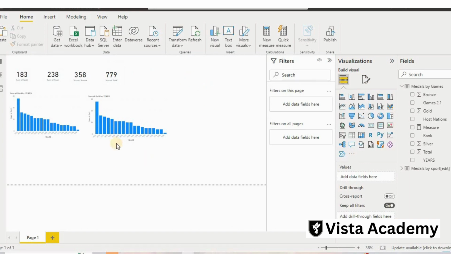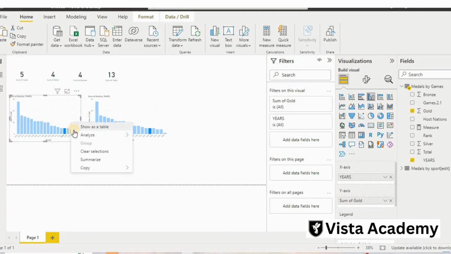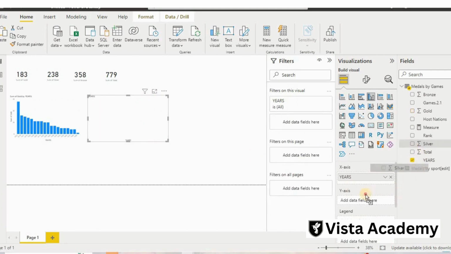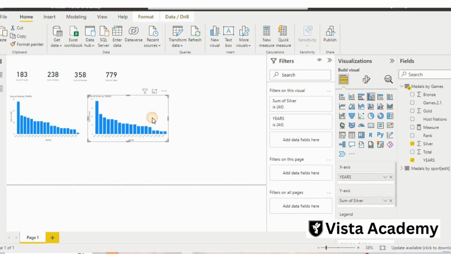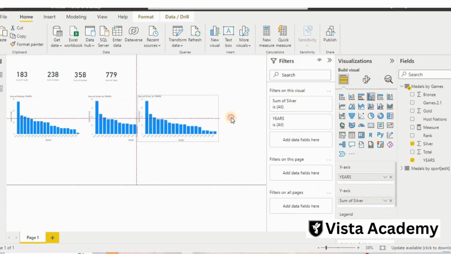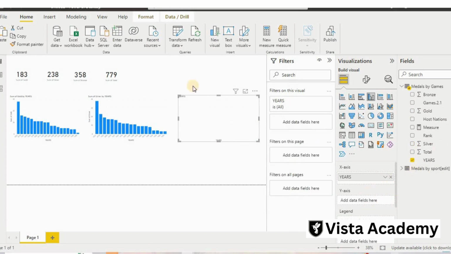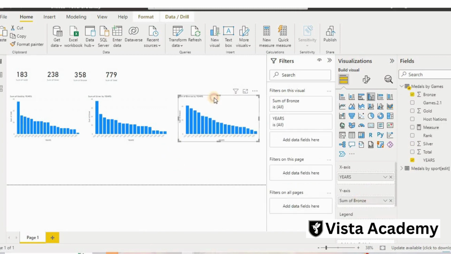So now that's our 2 charts here. I will just click over it and clear. Now we have 2 charts. The last chart: this one is for your gold, this is for your silver, and then Control C, Control V, and this one is for bronze. So whatever medals we have won so far, we have the detail of that, and I will also create a filter here.